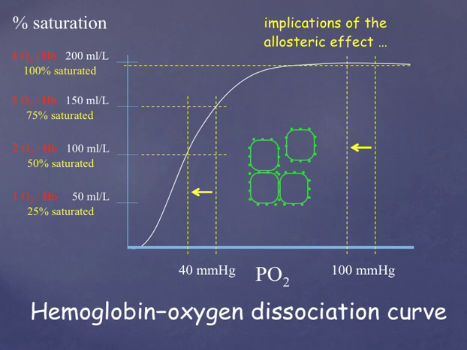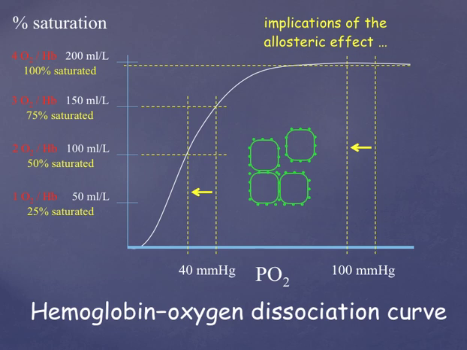So it drops off the difference between those two horizontal lines, 50 milliliters of oxygen per liter of blood. So the difference between that top dashed horizontal line and the second dashed horizontal line is the AVO2 difference at